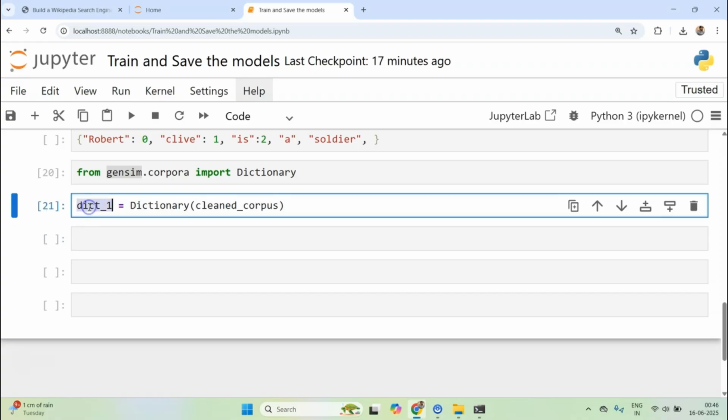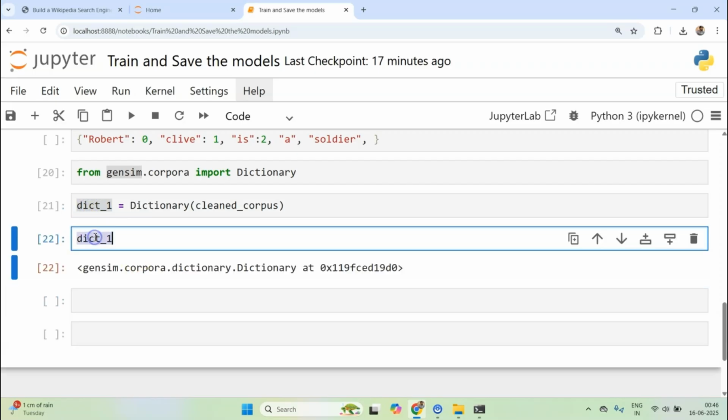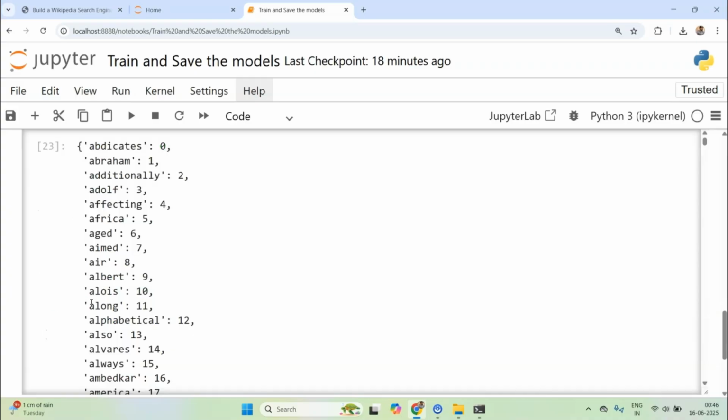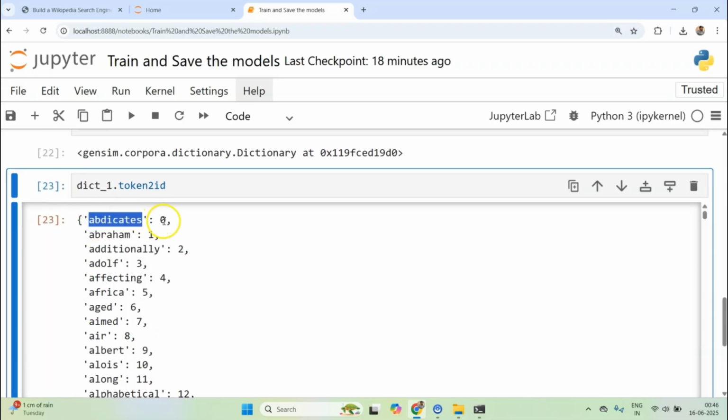Okay, it's completed. Now can we print it? Obviously it won't be printed. What can we do with it? I can call a method called token2id, and if I run it, you see this word abdicates has been given ID 0.